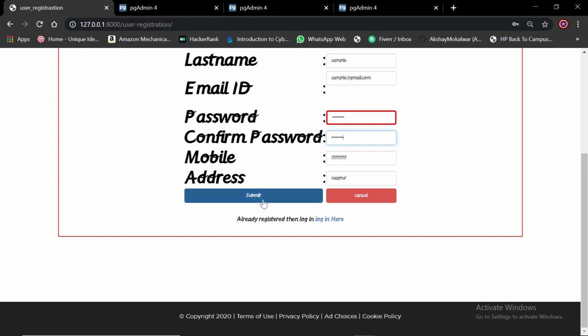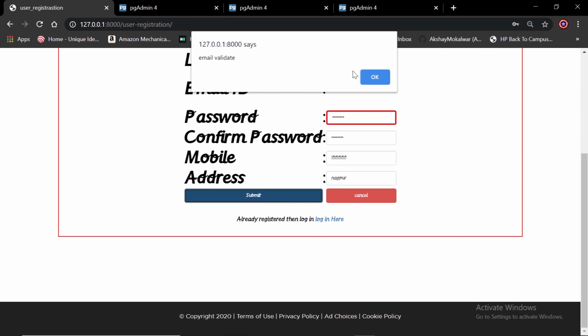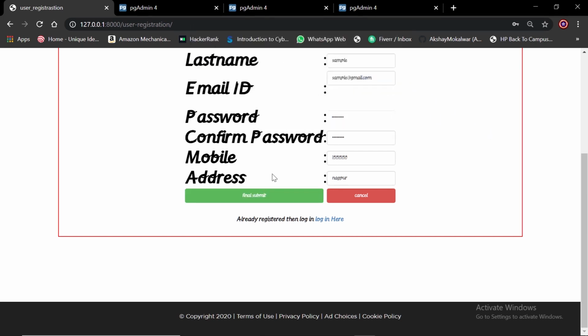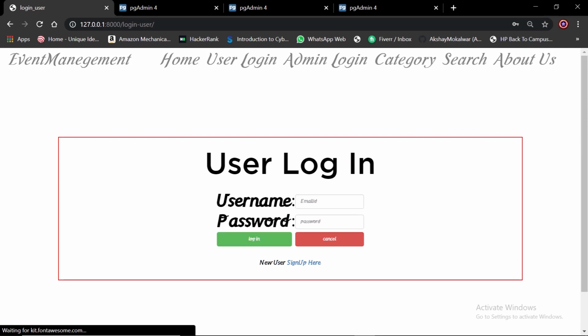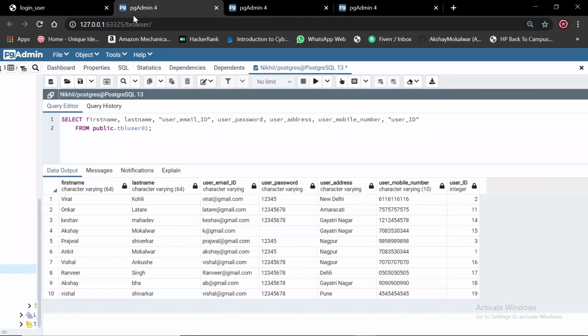If you submit, then the email is validated, the password length is okay, and the password is confirmed. Now it will give a final submit button.